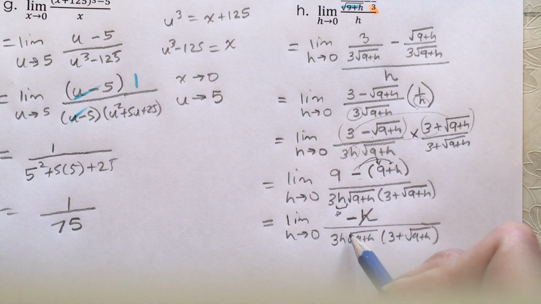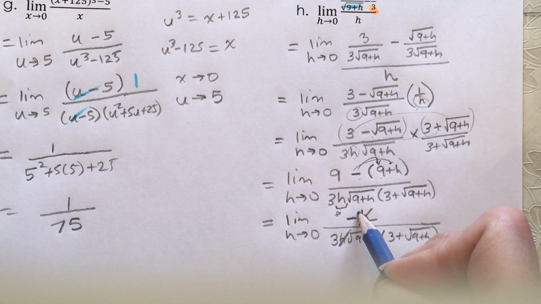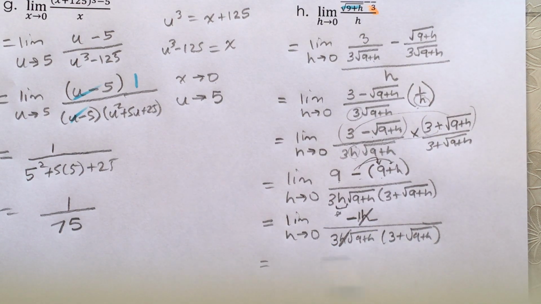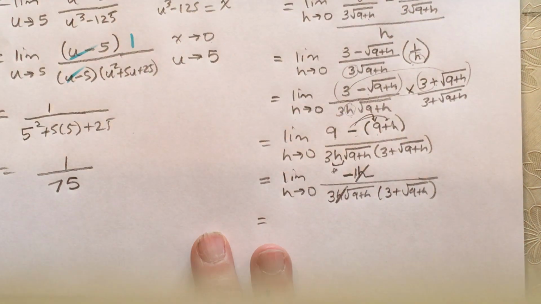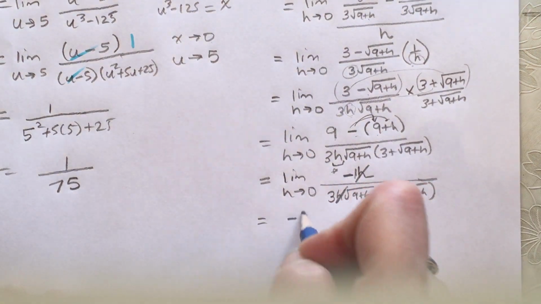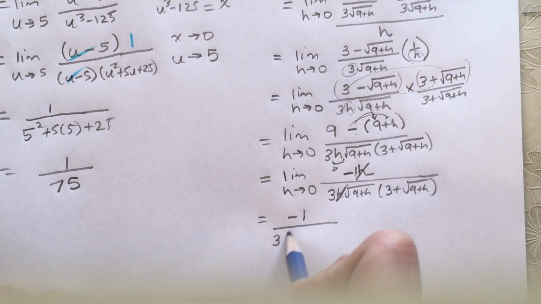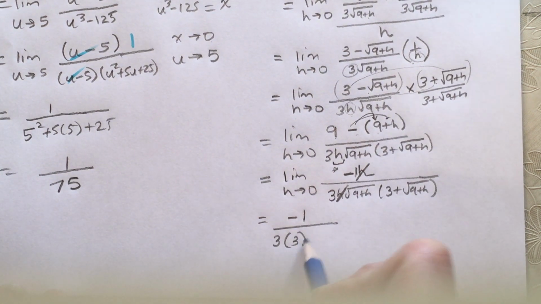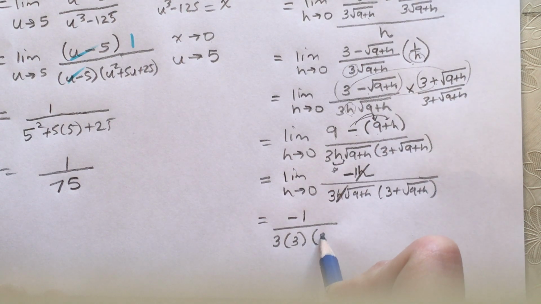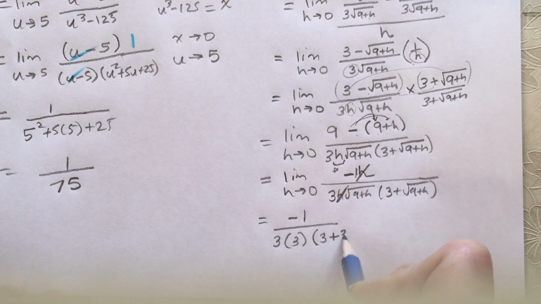So now finally these h's will divide out and we'll be left with negative 1 on top. So it's safe to let h approach 0. When we do that, we're going to get negative 1 over 3 times the root of 9, which is also 3, times 3 plus the root of 9, which is 3 again,